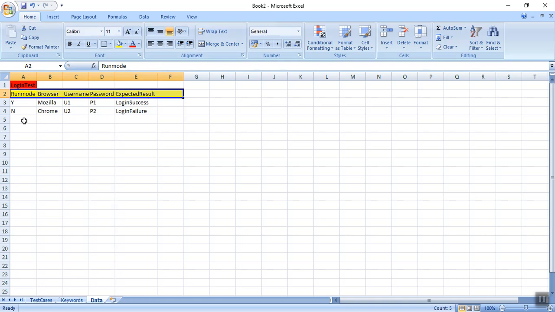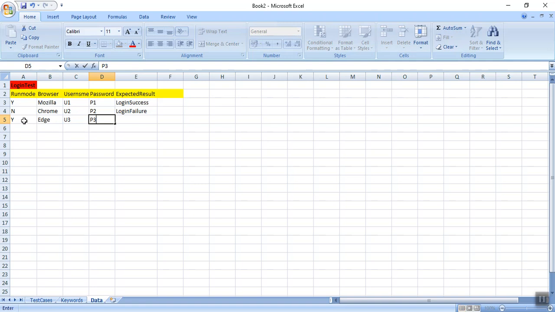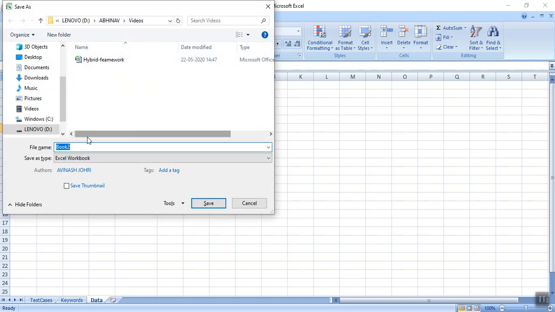One more data I have: yes, and browser is Edge, it should execute on Edge, username is U3, password is P3, and login should succeed. Say we have these test cases with us. Fine, so let me save it as suite.